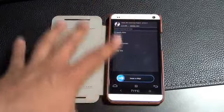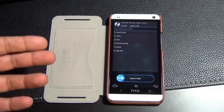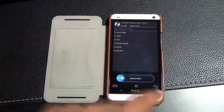And I'm not even worried about doing this because I already have a backup. So if anything goes wrong, I can go and restore everything I just recently backed up. Anyway, so once this is done, go back